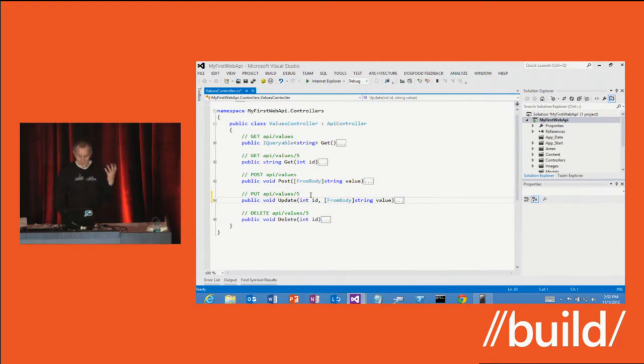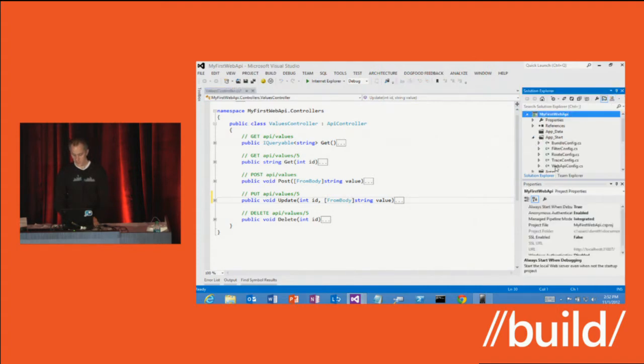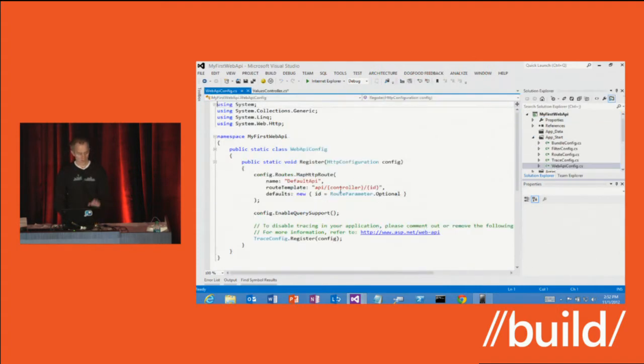All right, so where is this thing located? How did I assign an identity to my values controller, my values resource? That's done in the configuration. It's done through routing. So here is my Web API config, and there's this HTTP configuration object, and that has all the configuration data for my Web API. And you notice I'm just adding a route. This is the default Web API route.